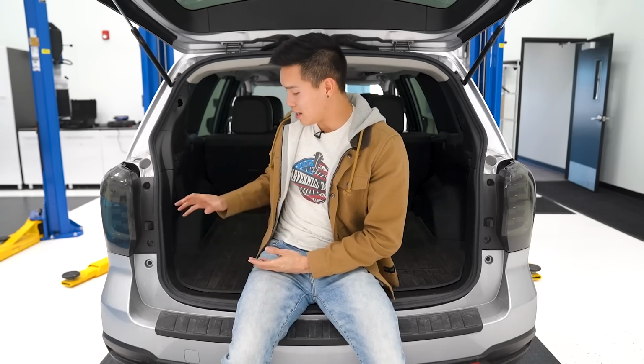Besides protecting the outside of your car, it's also important to protect the inside of your car, obviously. So the next product I have is floor mats and cargo mats. We always get the question, which floor mats are the best? And I really can't single out one particular one that's better than the rest because they each have their pros and cons,